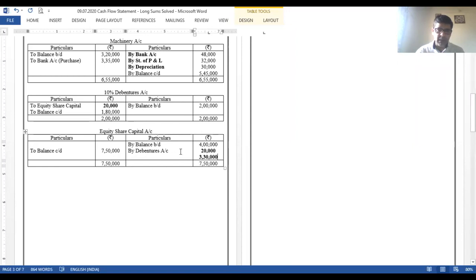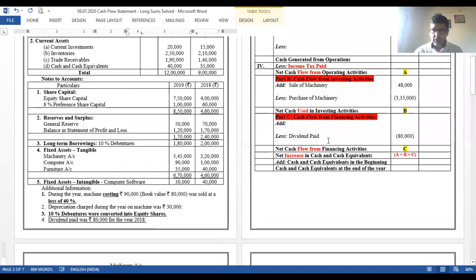This 3,30,000 on the credit side of the equity share capital account shows the issue of shares. Now the issue of shares 3,30,000 has to go to financing activity. So let us go to financing activity and add over there issue of share capital. Issue of share capital we have to write here